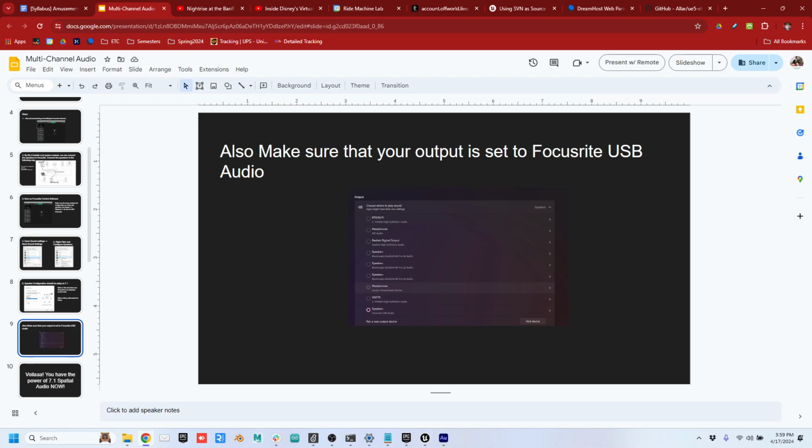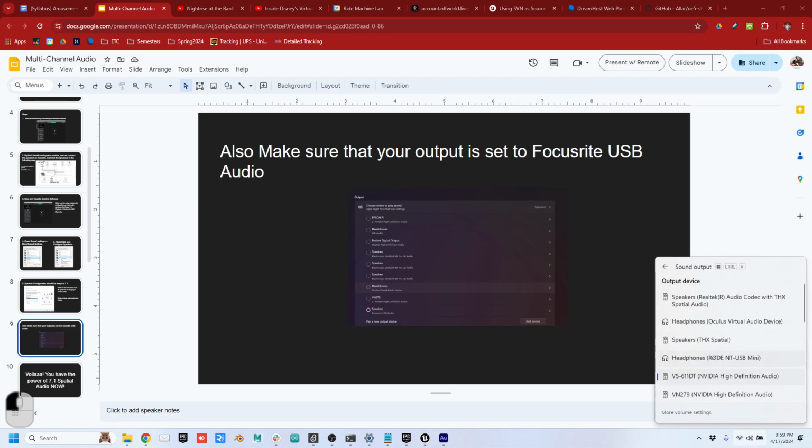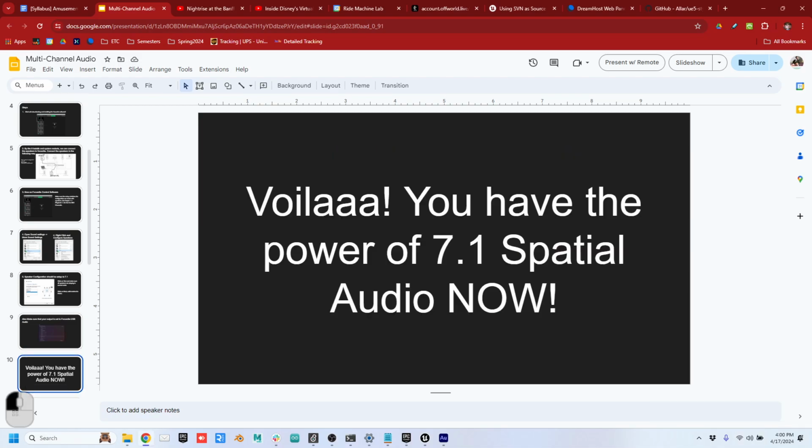And then make sure, obviously, that your computer is using the Focusrite as the output. So you saw me change my output settings to the overhead things. It would say Focusrite in here, right? And then once you have that,